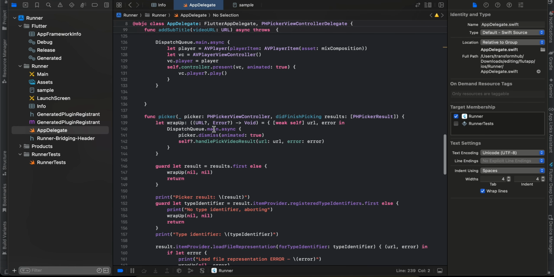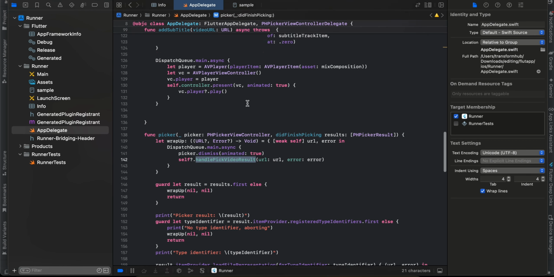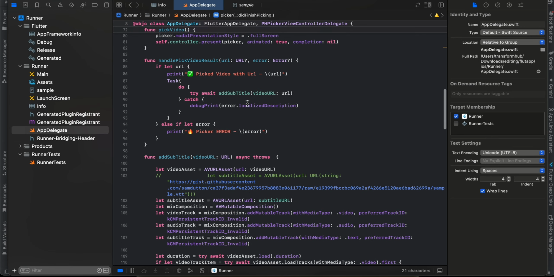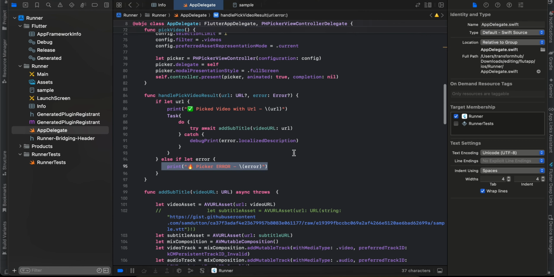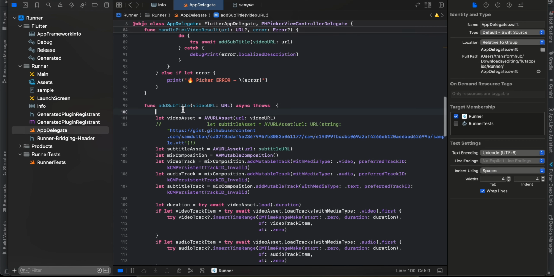Here you can see it dismisses the picker and it calls handleVideoPickResult. If I go to the handleVideoPickResult method, once we have the URL, then if the URL is proper, we call the addSubtitle method, which I have defined over here. Otherwise I'm just printing out the error. Now coming to the addSubtitle method,